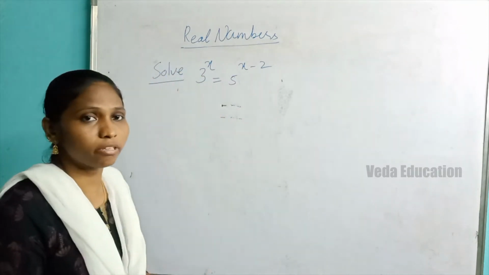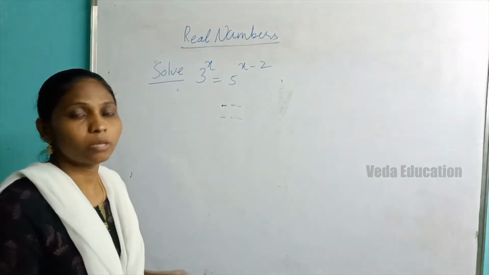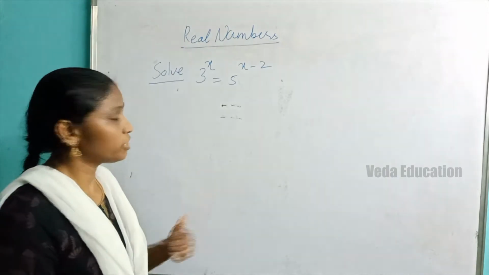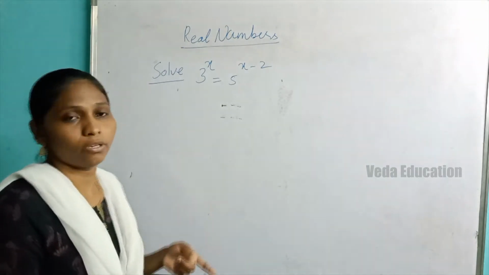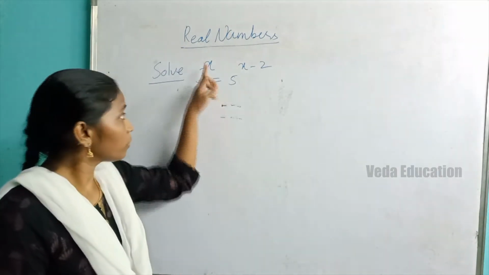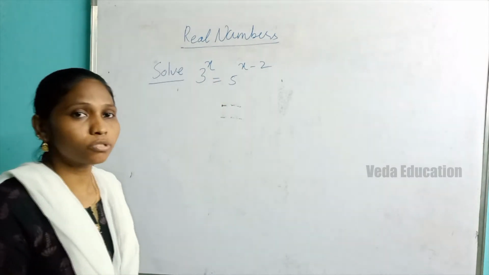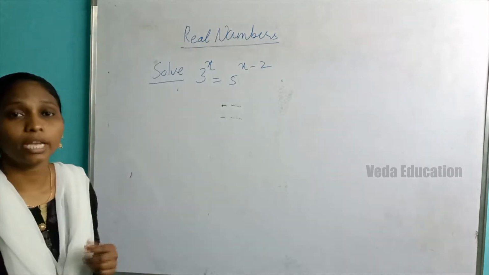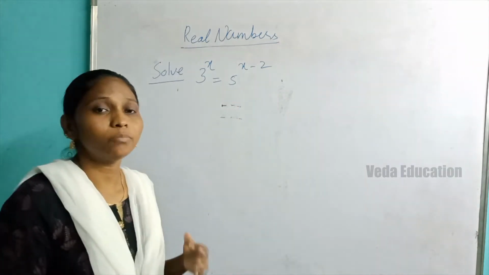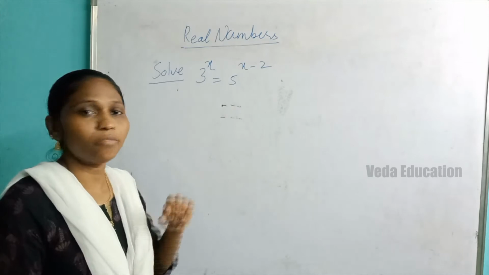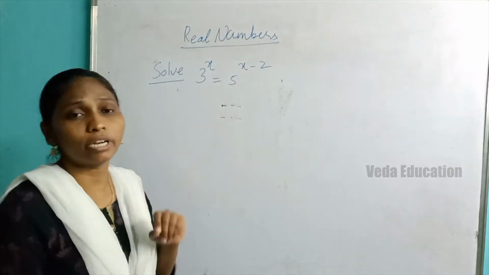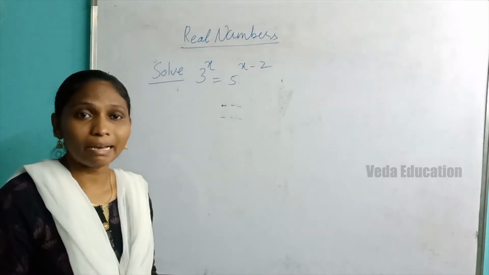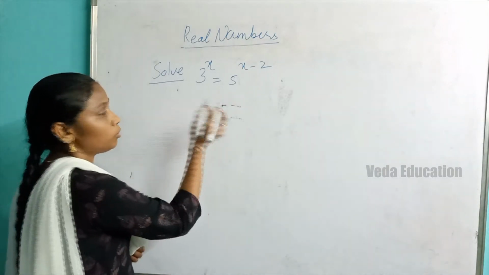What is meant by solving the equation? That means whichever variable is involved in the equation, we have to calculate its value. So which variable is involved in this? The x value. x is the variable, so we have to calculate the x value. How to solve? In earlier classes we learned laws of exponents. If you have the same bases, you can solve for the variable. But here they have different bases. So how to solve here? For this we apply logarithm. Apply logarithm to both sides.